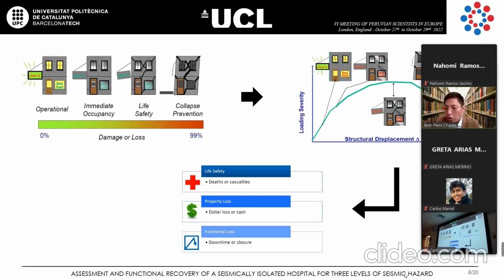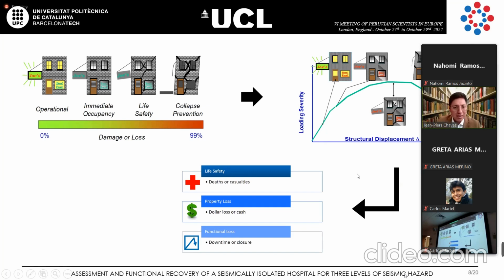So how can you find or adjust, for example, the behavior in this kind of building? In this curve, you have two different kinds of behavior, the linear and non-linear behavior. But